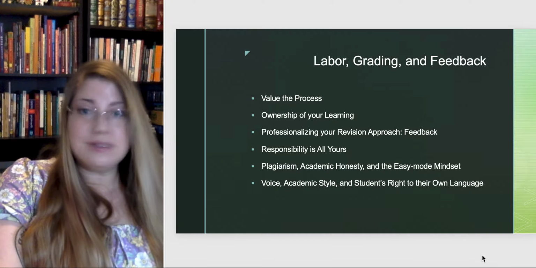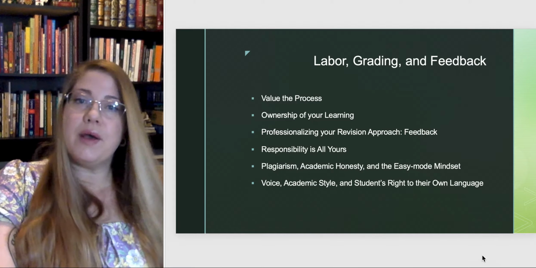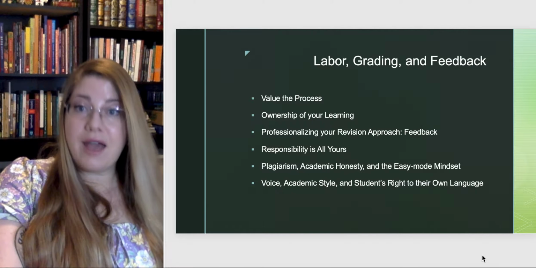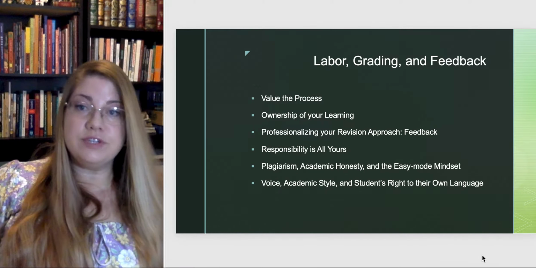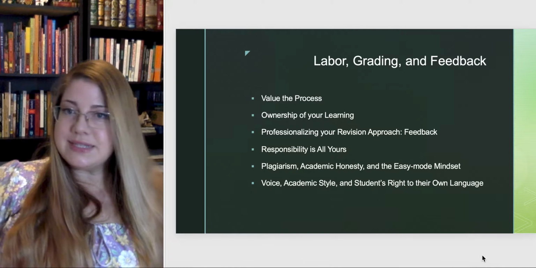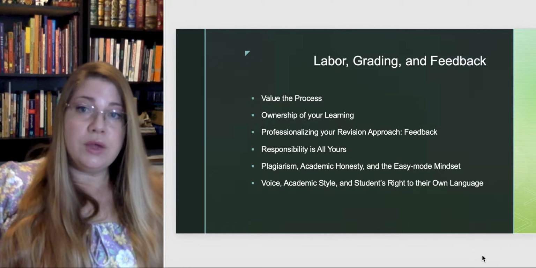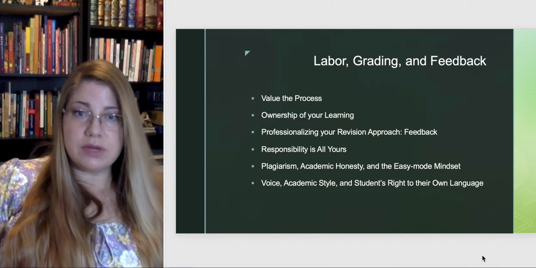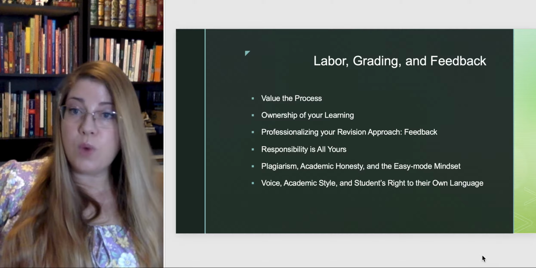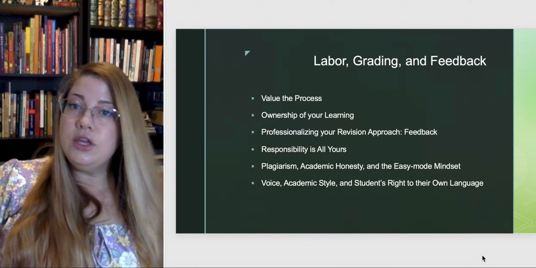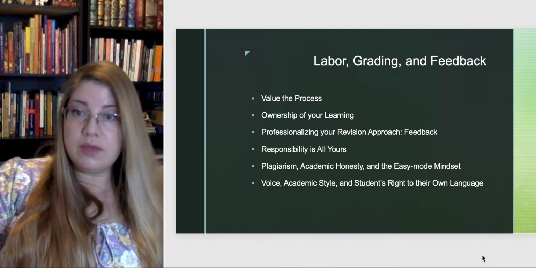So that is leading into the next major topic, why I do not give unsolicited feedback. You are in charge of your writing. I have given all of that power and ownership to you. We will be doing professionalizing revision approaches on all of this kind of subtle ambient knowledge you can gain to improve your writing from reading other texts in that genre. So when you do a peer review, the first place that you're getting great information to revise your own work is just simply reading other people's work. You may see great structure, great sort of logic moves that people use that you can then implement in your own work.